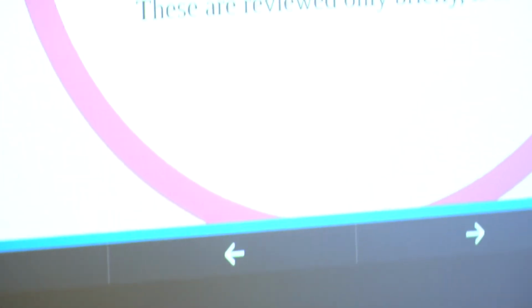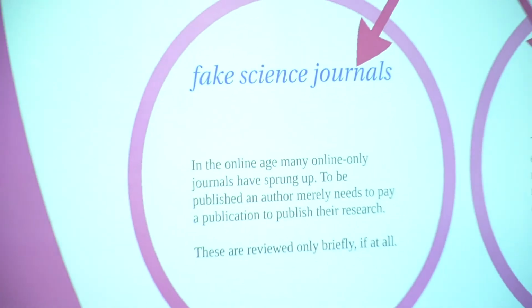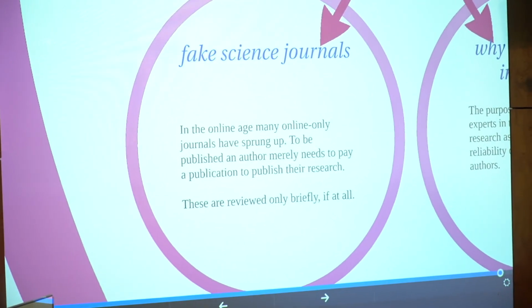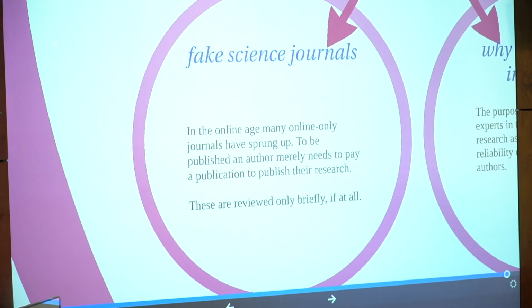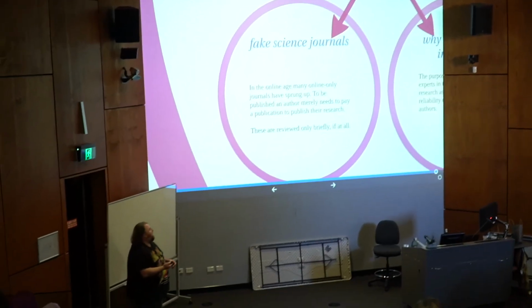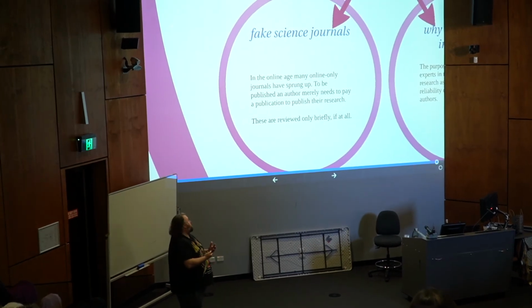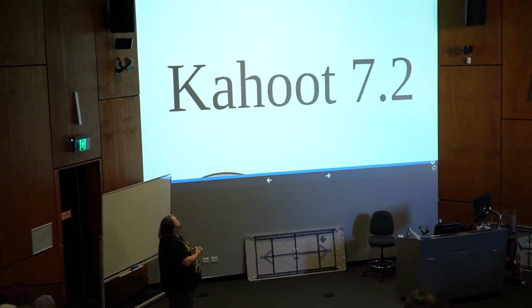As I said, I've already talked about the fake science journals. Most science stuff is now published online, and you can just go to a journal online, submit your paper, pay your $500 fee, and it's published. And most of the time it's not actually peer reviewed. They just publish it straight away. We're going to ignore